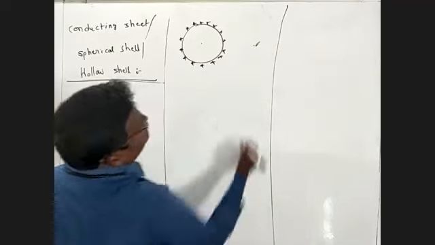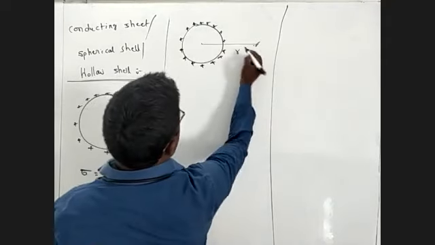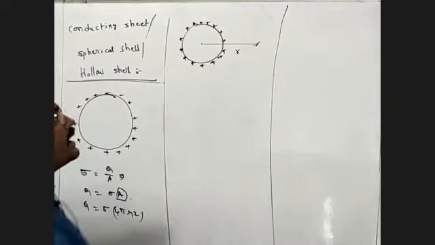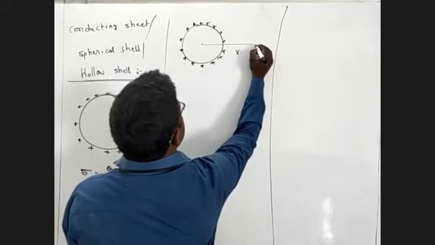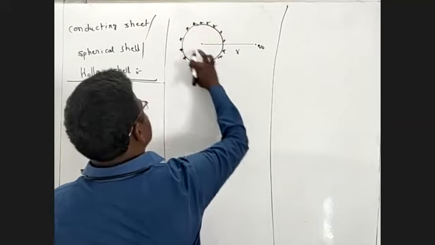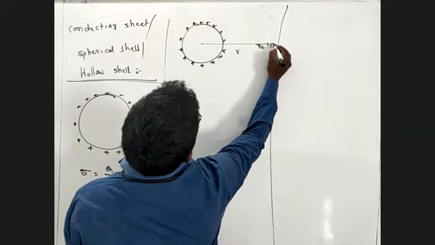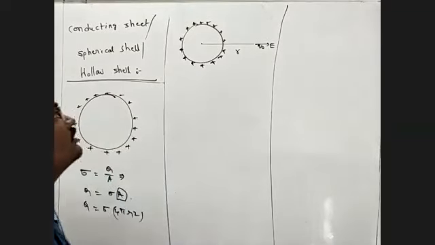First of all, we are going to construct the Gaussian surface. From here to here is the distance. At this point I'm taking the Q0. This is a charge, capital Q. This capital Q will repel this Q0 in this direction. This is the direction of the electric field.